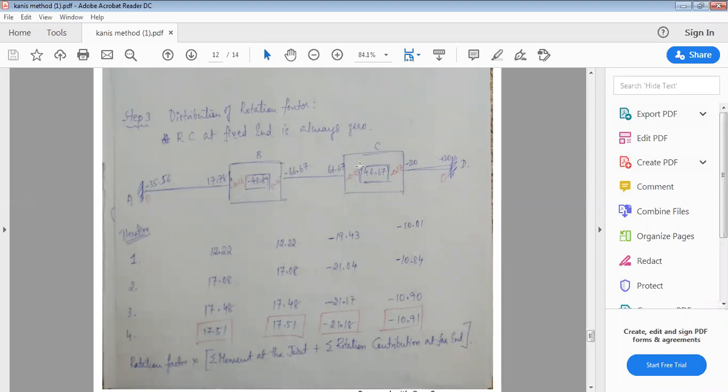Here also, if I sum up minus 0.33 and minus 0.17, you will get minus 0.5. You have to do this cross check before starting the iteration. Sometimes there is a chance that you may make some mistake and this total will not be minus 0.5. Then there is a chance of error. So every time cross check. If you sum these values, you should get minus 0.5.